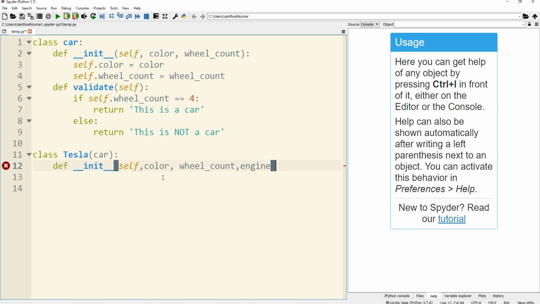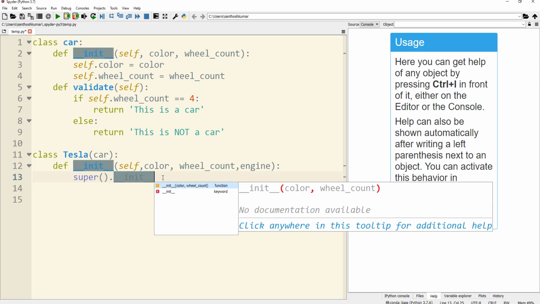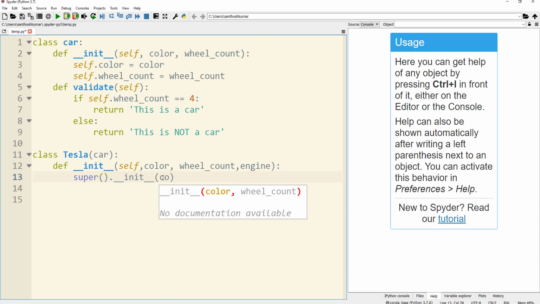And here, in order to get the color attribute and the wheel attribute from the parent class, I am going to write super().__init__, and in the brackets I am getting the color and the wheel_count, which are basically from the parent class.